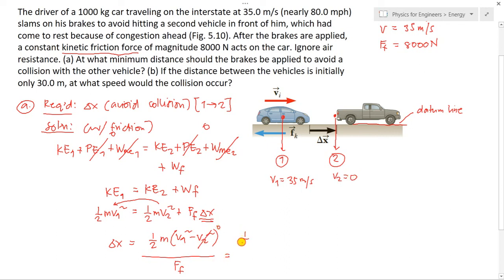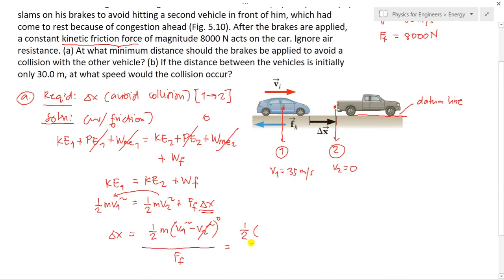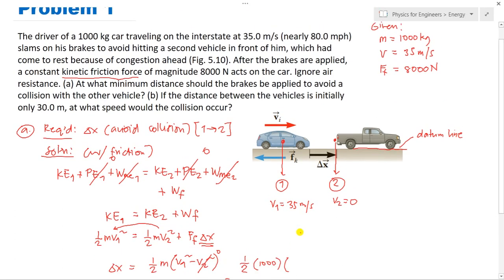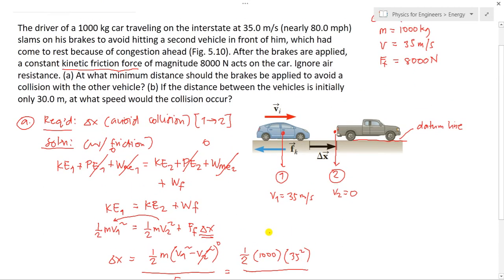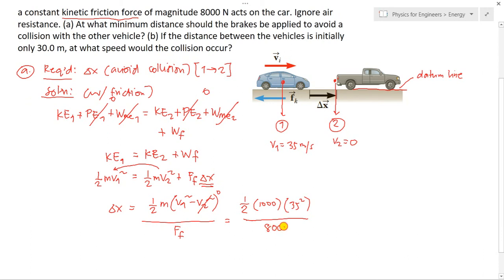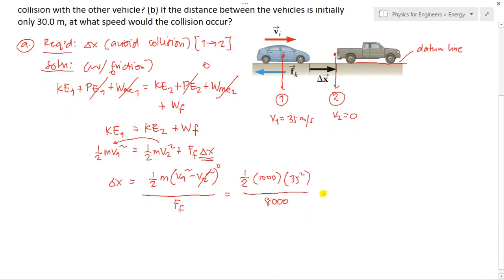So, our answer here is 1/2 times the mass. The mass of a car is 1,000 kg or 1 ton. Then multiplied by the square of the initial velocity, 35. So that would be 35 squared. Divided by the frictional force, which is 8,000 newtons. So, as long as you are consistent with your units, there is no problem. So that is 0.5 times 1,000 times 35 squared divided by 8,000. The answer is approximately 76.56. So this one is